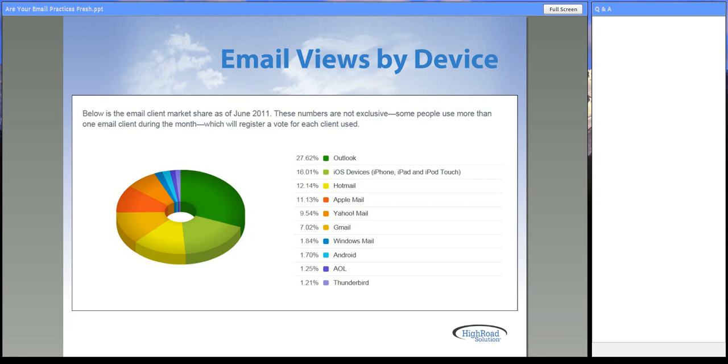Another way of looking at this statistical information is you'll see here graphs, and each one, the blue represents desktops, and you can see that's on the decline. The green represents web-based email clients on the decline, and the orange at the bottom represents mobile devices, which is on the incline. So this is not going to do anything but increase more. So again, thinking about how your emails look on mobile devices, what the user's experience is on a mobile device,